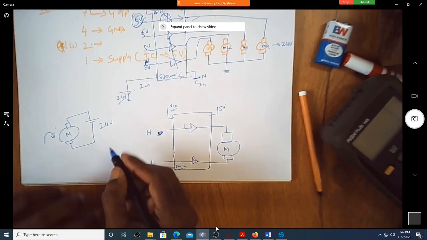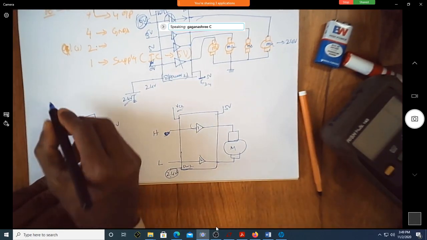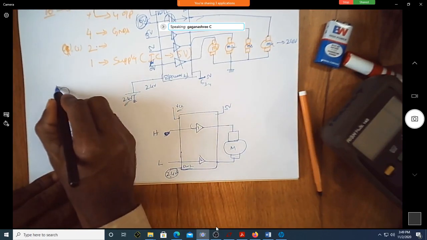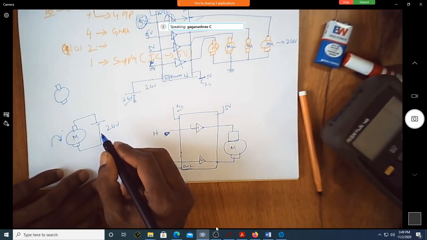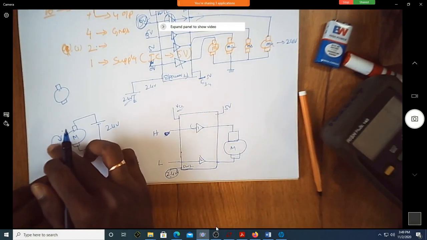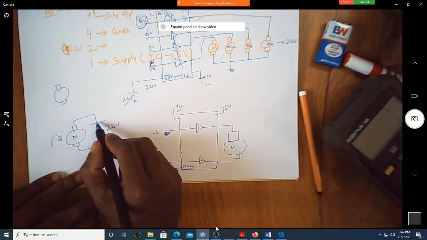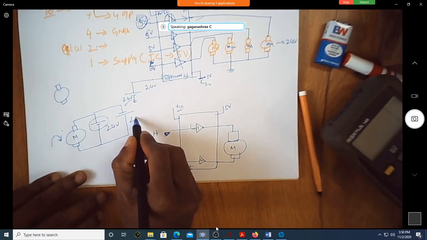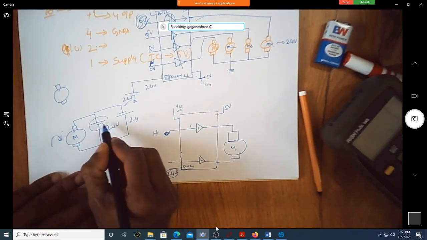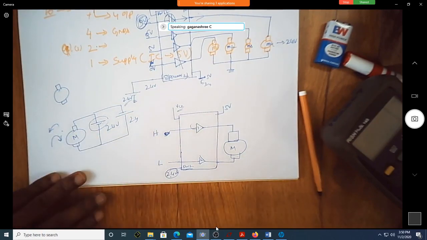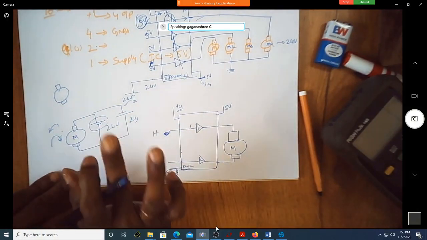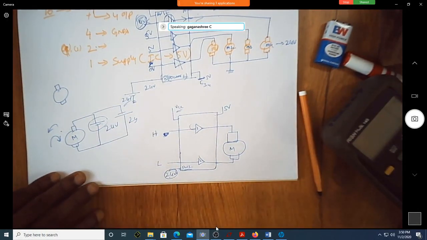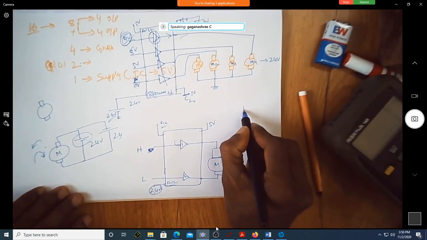Will it run in the clockwise direction? Okay, let us assume that it runs in the clockwise direction. Instead of having the battery in this direction, if I put it in this direction, it will run the other way. If this is clockwise, is this anti-clockwise? Yes, sir. Now what I'll do is I'll use the same motor.